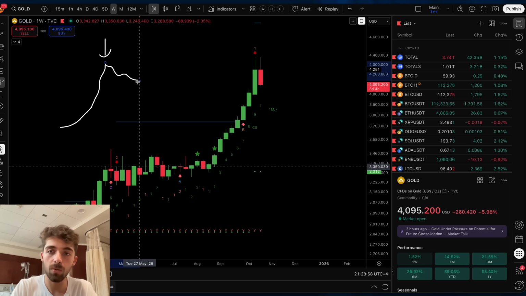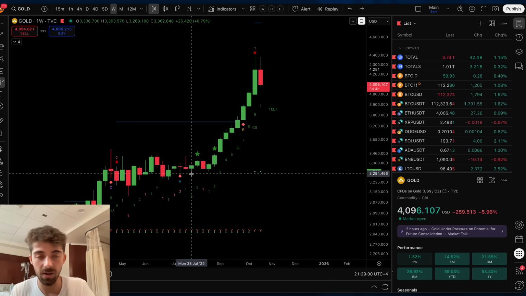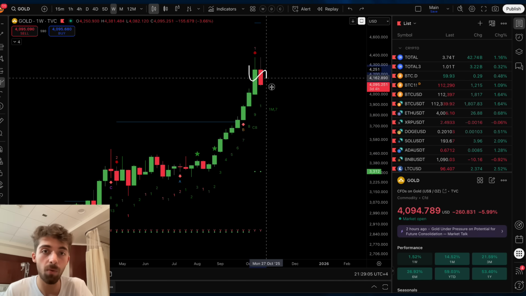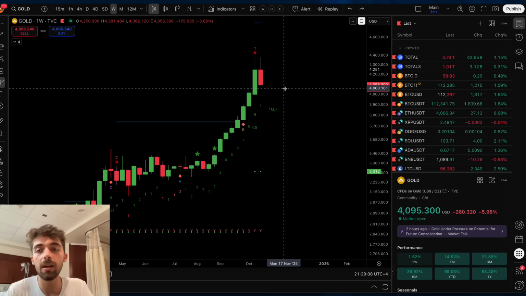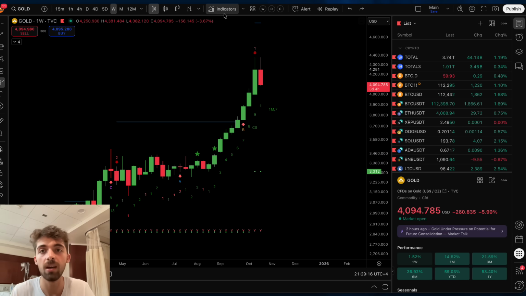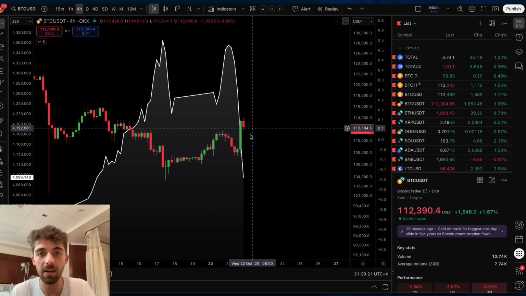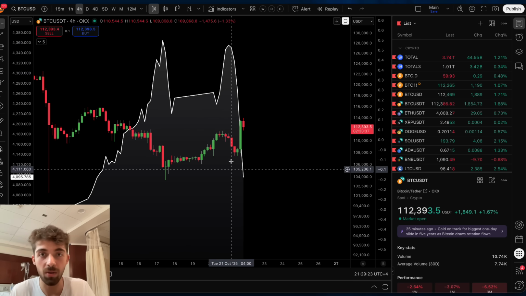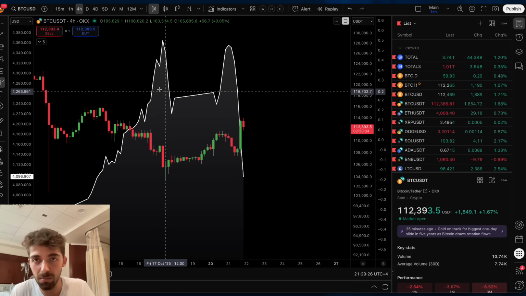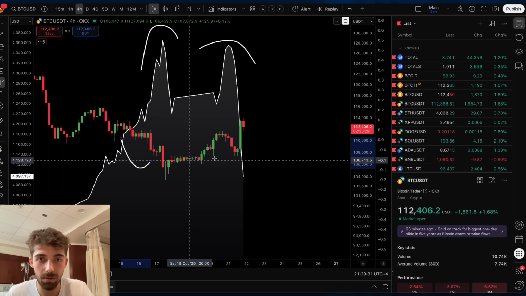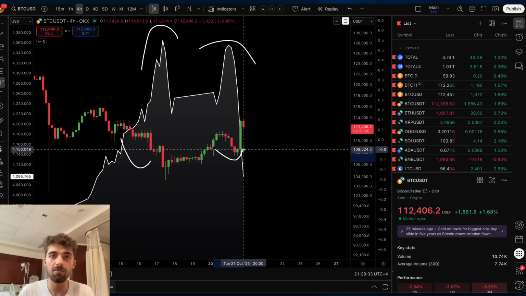And with the likes of gold, we want to see gold reversing after such an astronomical increase. We said that the MRI top is likely going to do that, at least form some sort of consolidation. Because whenever the price of gold reaches a top, or starts to drift slowly towards the downside, the price of Bitcoin experiences the inverse effect. If we look at the price comparison of Bitcoin with gold, you can see it is exactly the mirror image, just inverted. So gold had a double top, Bitcoin had a W formation, and you're doing the inverse.